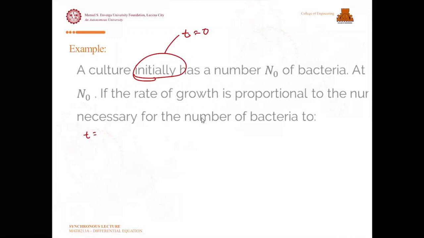So, sulatin natin, t is equals to 0. Ang population natin, yung number natin, tawagin ko na lang na N is equals to N sub O. Tapos,